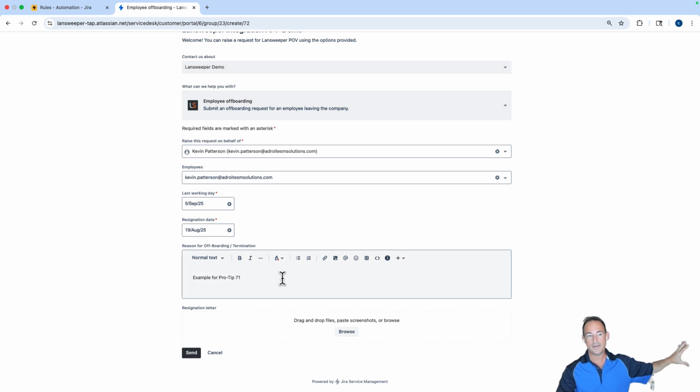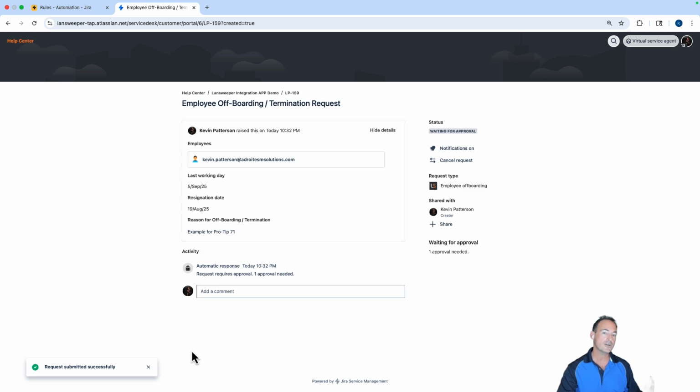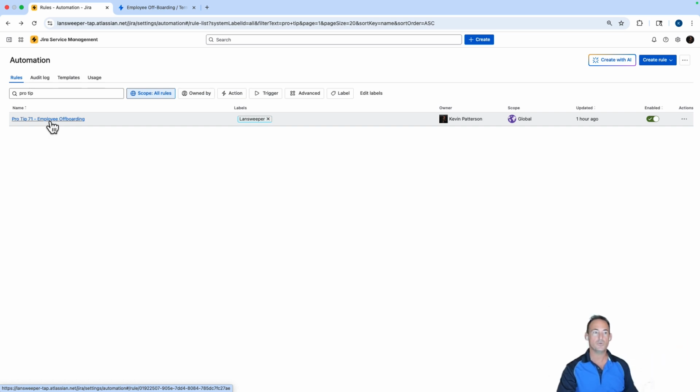Now, once you get all that data submitted, you can go ahead and send. This is going to send that in to Jira Service Management to be triaged and worked through resolution. What's going to happen next is where the automation rule comes into play. I've got a rule I've created called Pro Tip 71, Employee Offboarding. Let's take a peek at this so you can get an idea of what's required to make this improvement